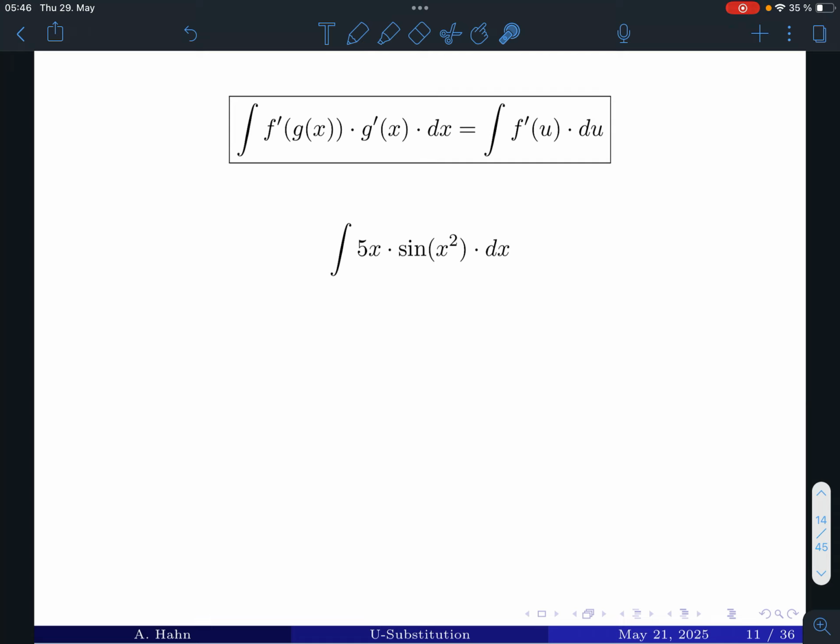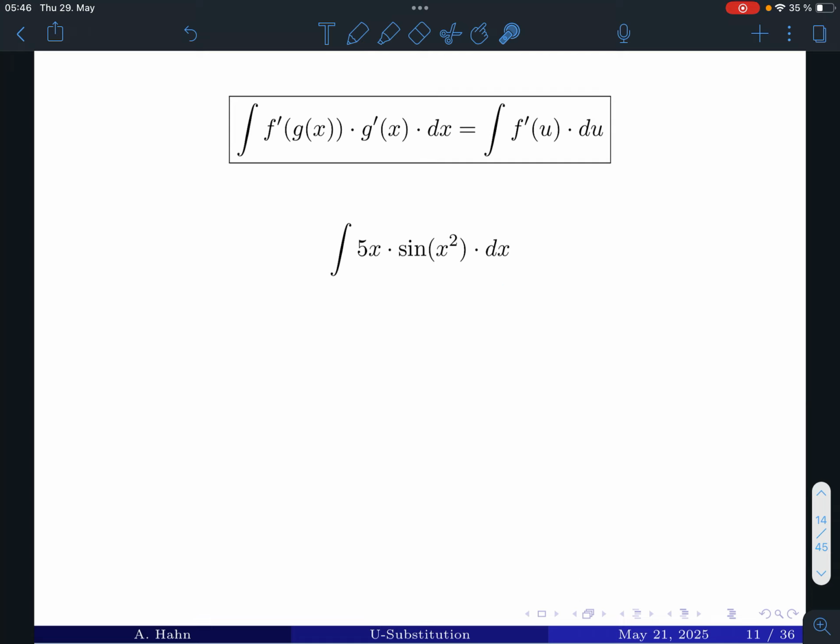Hello. So let's do another example. In this example, we can see that it's almost exactly the same as the previous one, but instead of a 2x, we have a 5x. And so we're going to talk about how to handle that. And just like before,